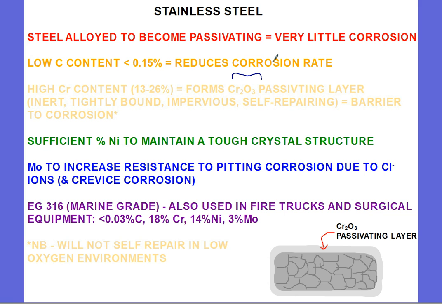hence stainless steel. You have sufficient nickel in there to maintain a tough crystal structure, and you have molybdenum to increase resistance to pitting corrosion due to chloride ions, and it also increases resistance to crevice corrosion. Just be aware that stainless steel won't self-repair in low oxygen environments because there's no oxygen there to reform the